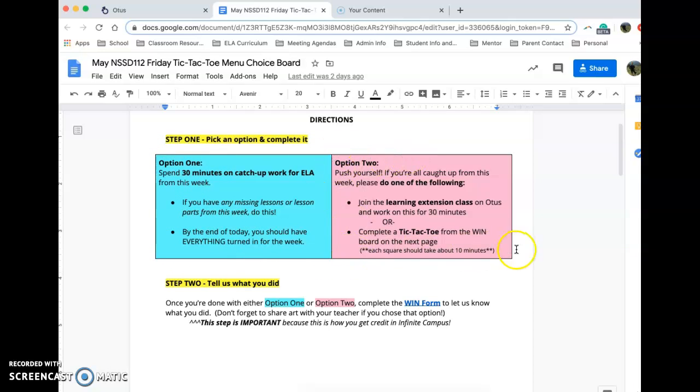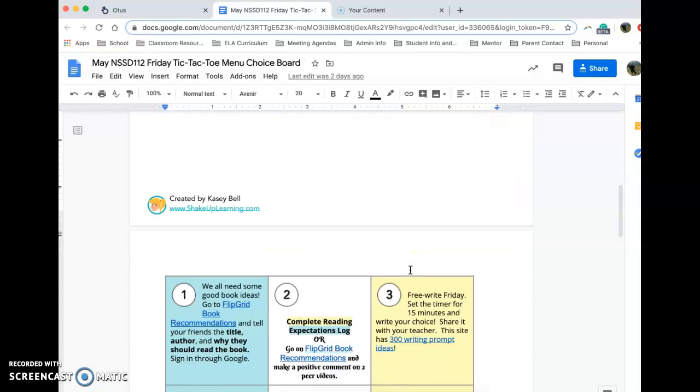Now, the second option is if you don't have any missing work for ELA. So then this option is if you have completed everything, then you can push yourself. You can either join the Learning Extension class on Otis and work on this for 30 minutes, or you can complete a tic-tac-toe from the win board on the next page. So just a reminder,